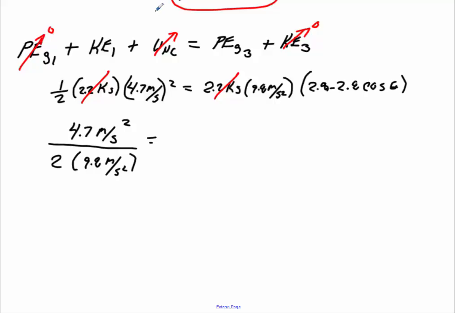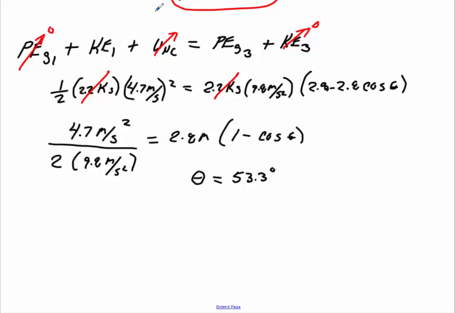On this side here, I will pull the greatest common factor out, which will be 2.8 meters, over 1 minus cosine theta. Okay, I'll bring the 2.8 over, and then I'll subtract 1, then I will take the inverse cosine of that value. And when I do that, I will get theta as equal to